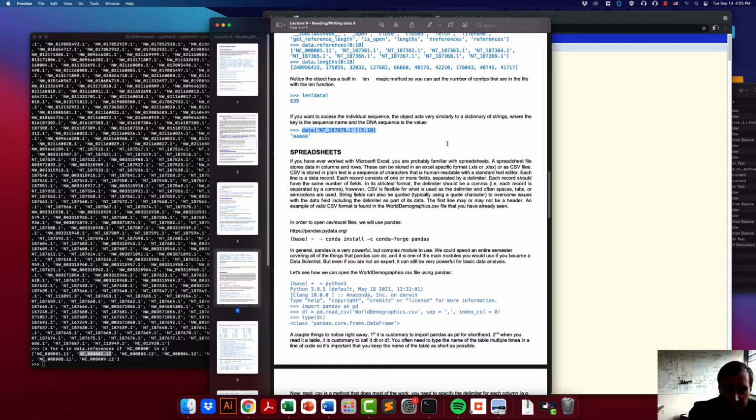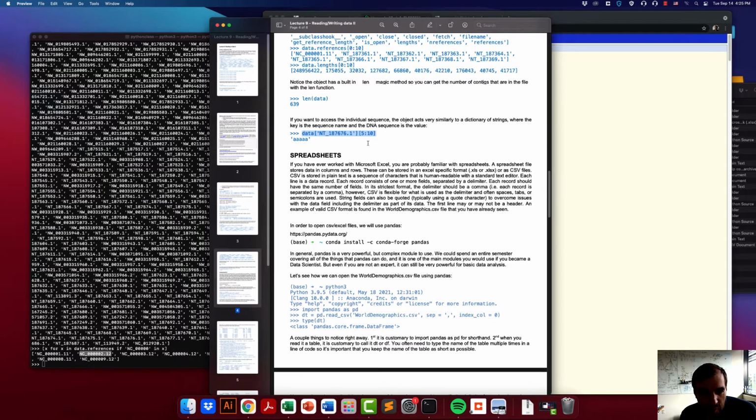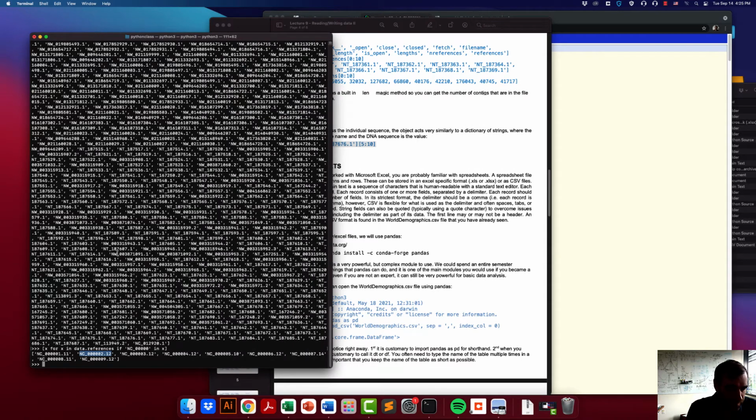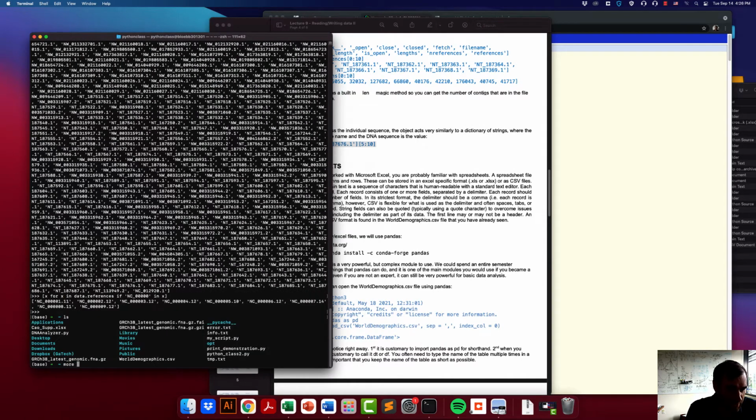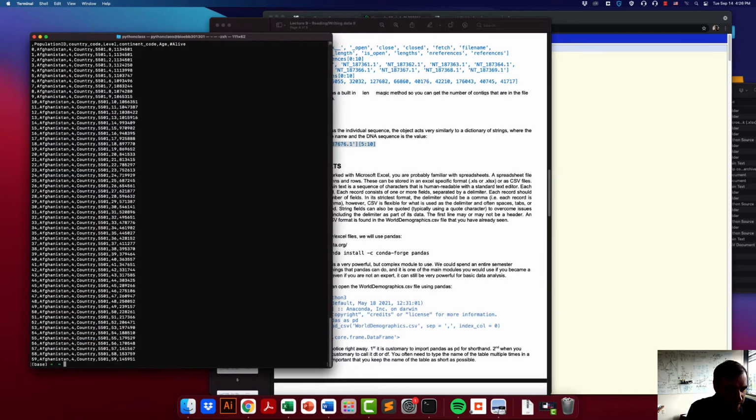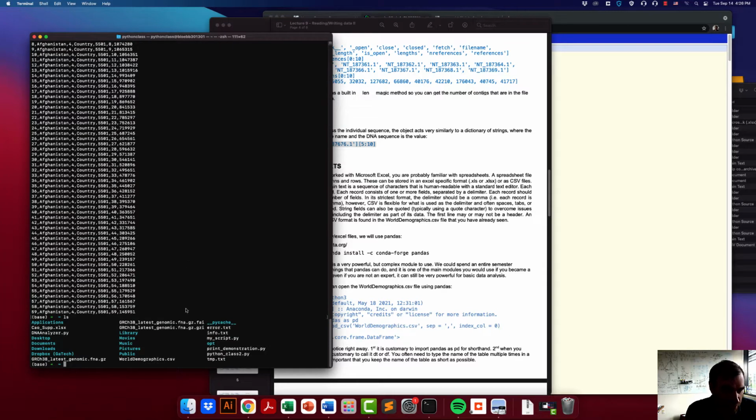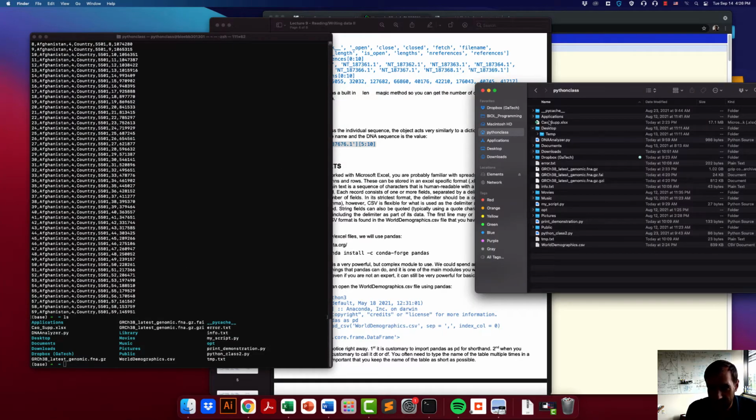We saw some CSV files before, and plain CSV is just plain text, a sequence of characters that is human readable with a standard text editor. Each line indicates a data record, and each record consists of one or more fields separated by a delimiter. Just to go back, an example of this was the world demographics, but there's also all sorts of other